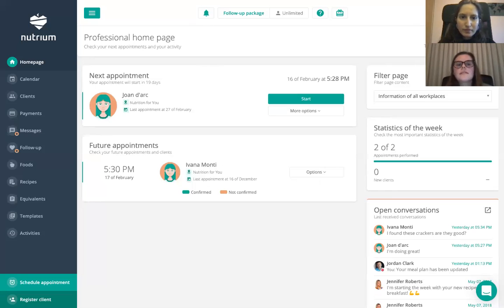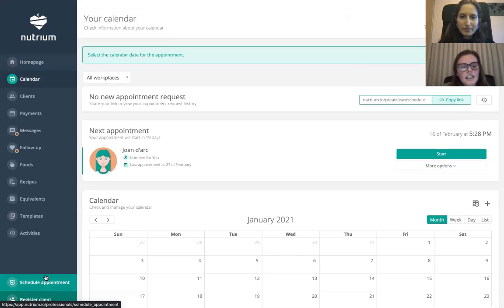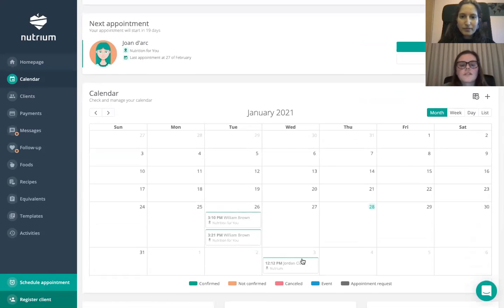And how we organize this is by appointment. So how Nutrium works is you ideally schedule an appointment with a client so you have that time to record all the information about them, and then you just finish that appointment and you are ready for the next one. You can see here that I already have appointments scheduled for the future, but now I'm going to schedule an appointment as if it was right now. I click on schedule appointment, and I go immediately to my calendar,